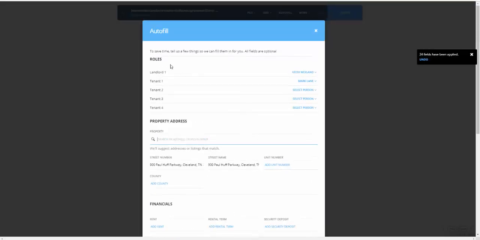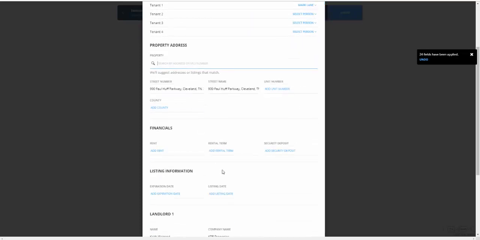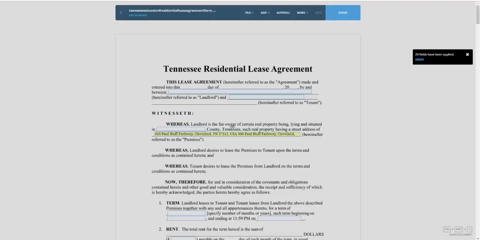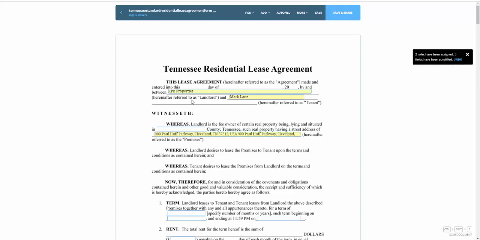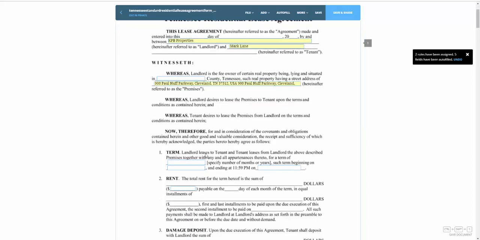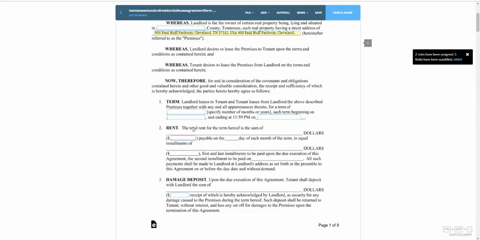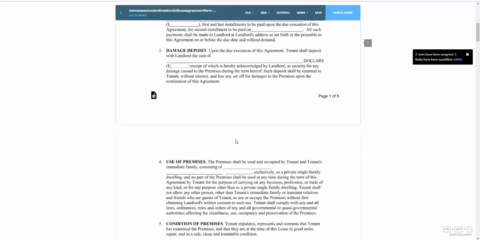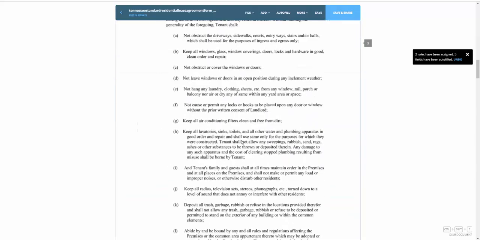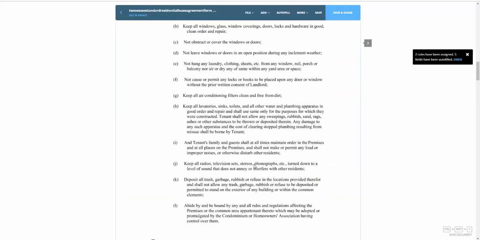All right. If you're missing any fields, it's going to ask you to select, but I only put some sample data in here. So there's my fields. So this came from PropertyZar, the address, my tenant's name, my company name, and of course if you had more information in your template than I do, they would show up here as well. So there's the lease filled out. Of course there's signatures down at the bottom,